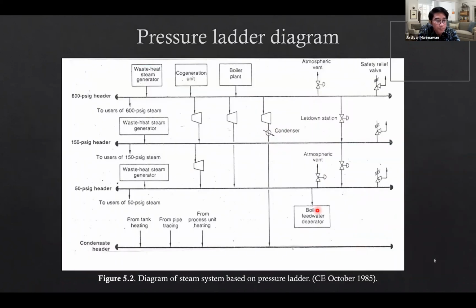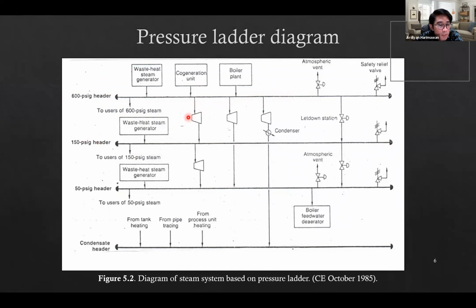Okay, this is the steam ladder. Each ladder represents the steam header, and in the steam header you will have the pressure indicated. Sometimes it will also represent the temperature, and also the heat content, heating value, or the enthalpy of the steam. Okay, then if you see something like this,